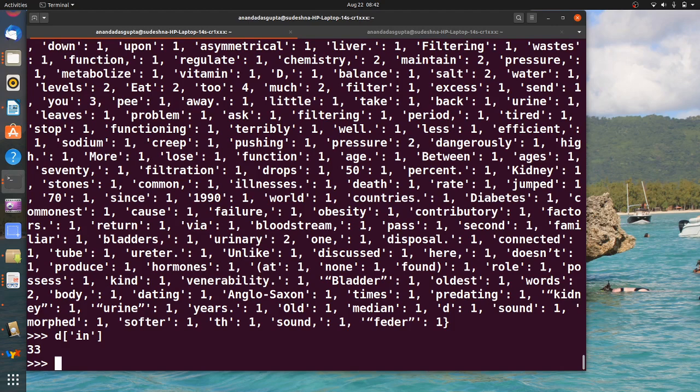Keyword values. Keywords are just the words in my string. Values are just how many times they have occurred. But now comes the issue of presenting these in a nice manner. One thing we could always do is, well, you could look at all the keys that are there in the dictionary and then print the dictionary values one key at a time. So